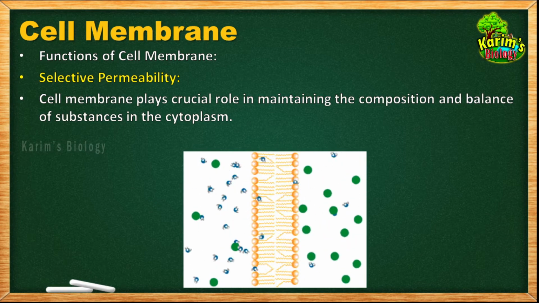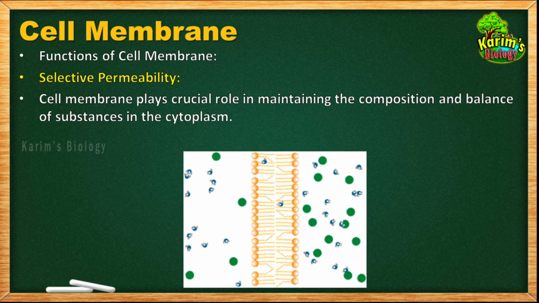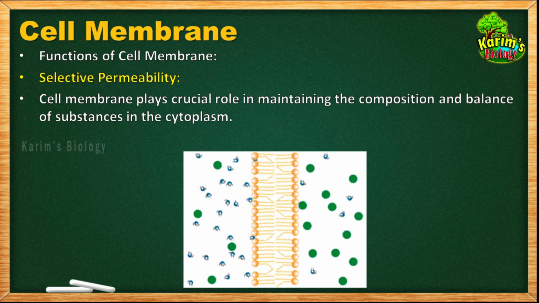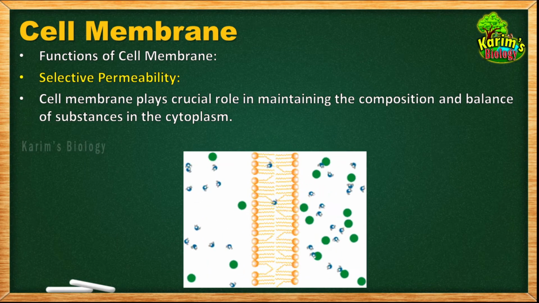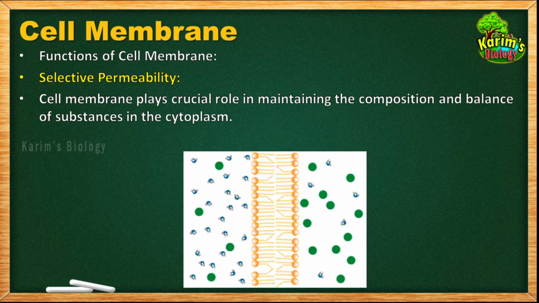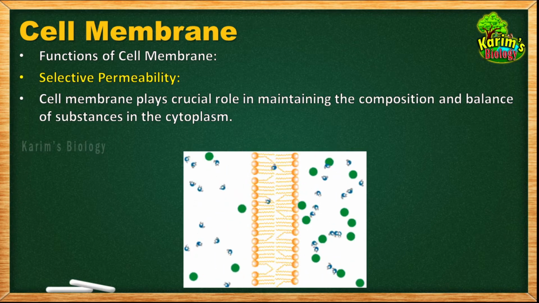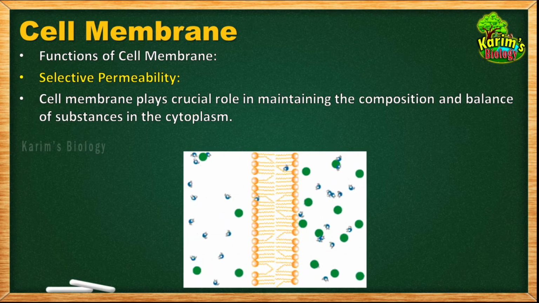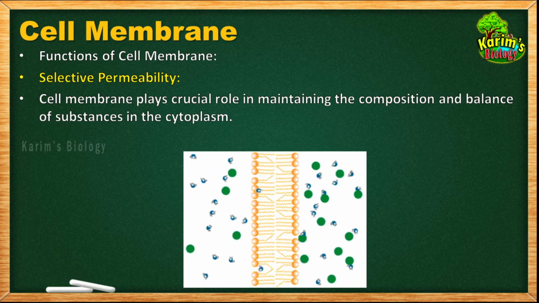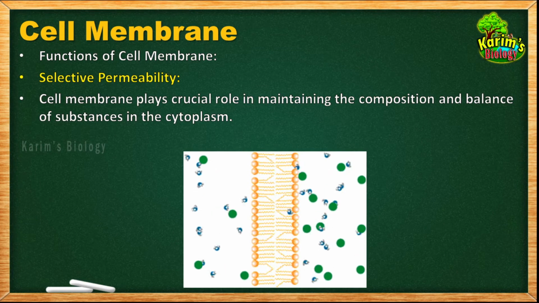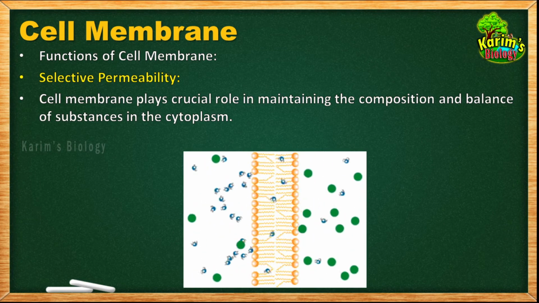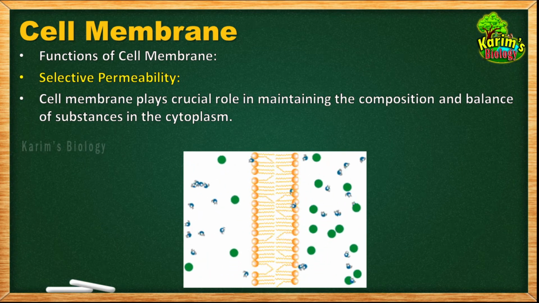You knew that the cytoplasm is a heterogeneous material, and the cytoplasm maintains a particular balance and composition of different chemical constituents. If any disturbance occurs in the balance and composition of the chemical substances in the cytoplasm, that may be affecting the biochemical activities occurring in the cell. As a result, the cell may be at risk if the disturbance happens in the composition. So the cytoplasm must maintain this composition and the balance of substances without any disturbance.